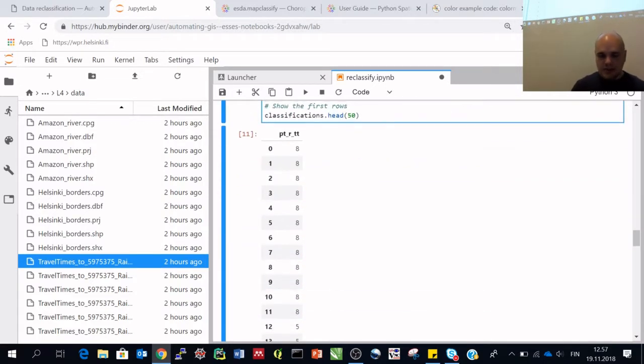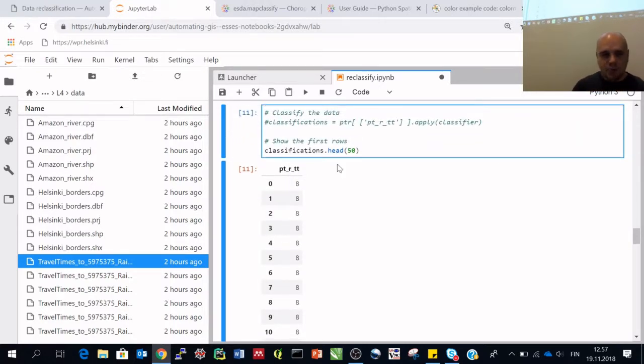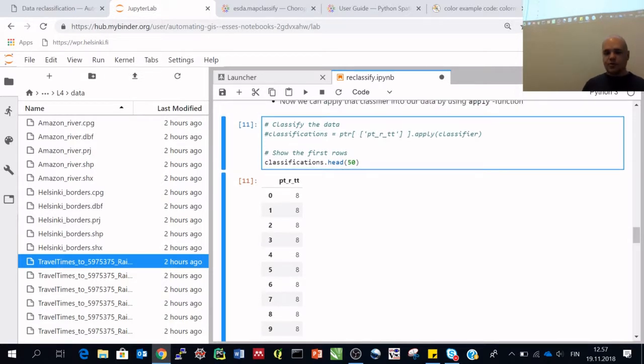But as you can see, this is not yet that useful, because this is now separate from the original data. So what we want to do next is take these classifications and create a table join so that we get them back to the original data that we have. But before we do that, we actually want to rename this column in